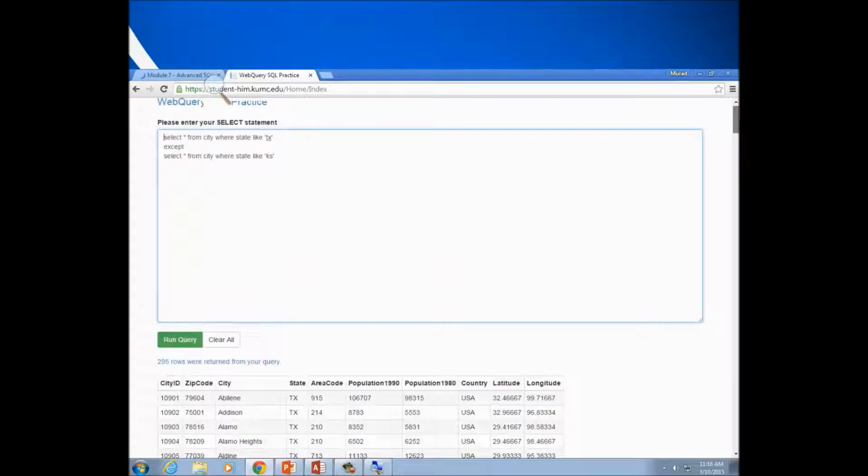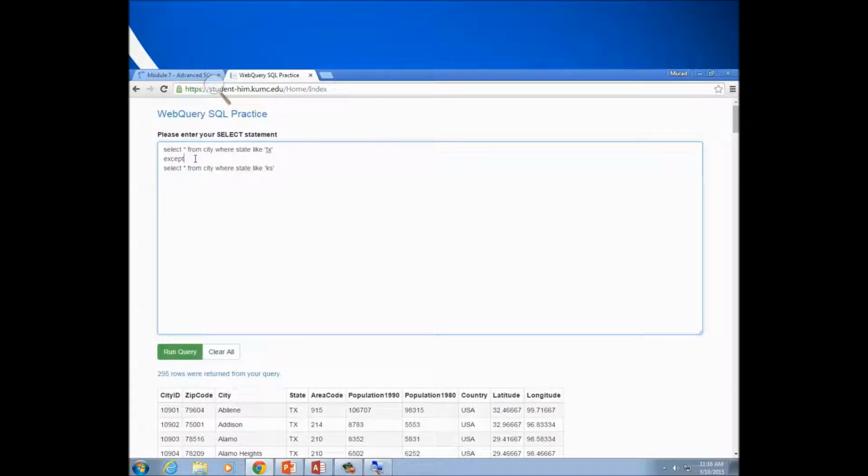So we don't have anything from Kansas anymore. And then intersect will be the same. If we do intersect, I believe there will be some values. Okay, but except